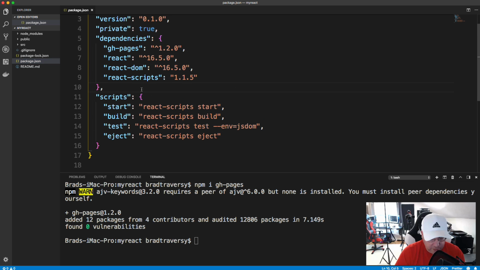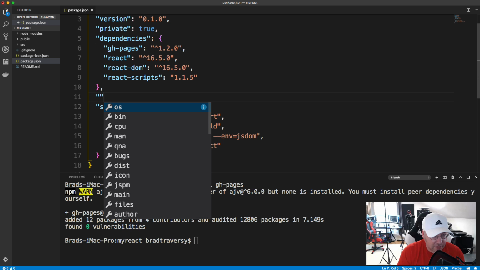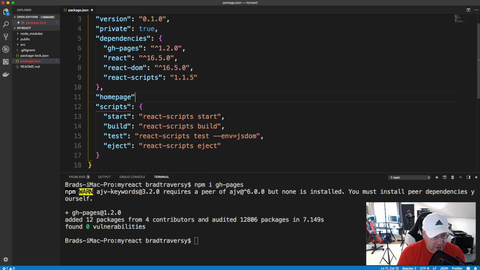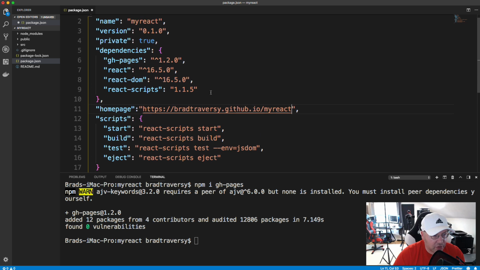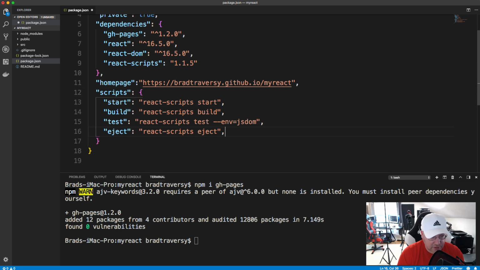We want to put in a homepage value. So let's say homepage, and it's going to be https://bradtraversy.github.io/ and I called it My React. Okay, now for the deploy script, let's go down to scripts and add